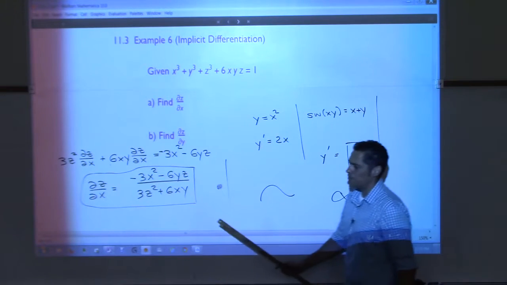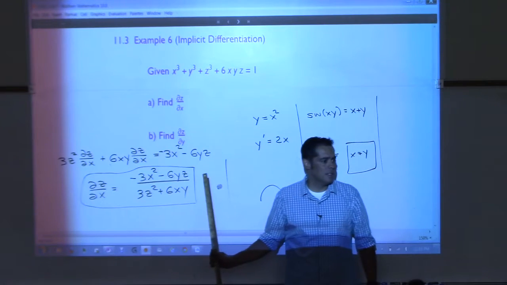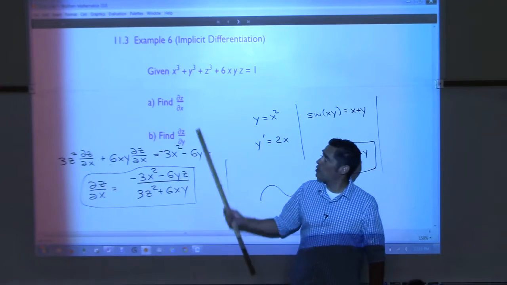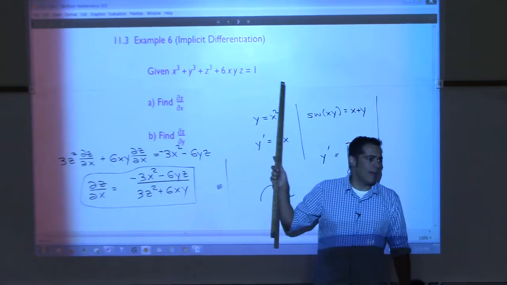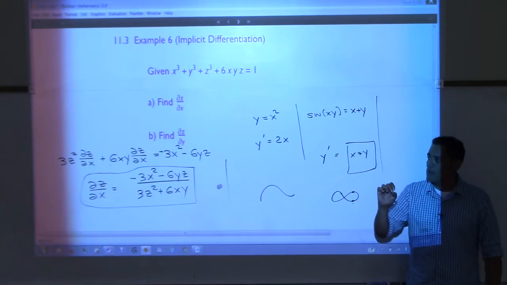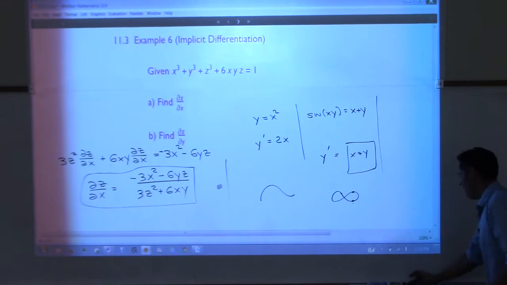Here, look at this answer. We actually have x, y, and z, which means in order to find the partial of z with respect to x, you would have to give me the ordered triple, the x, y, and z coordinate, the three-dimensional point of where you are, and then I could supply you with the slope. Because the x, y, z gives us 3D space. Well,